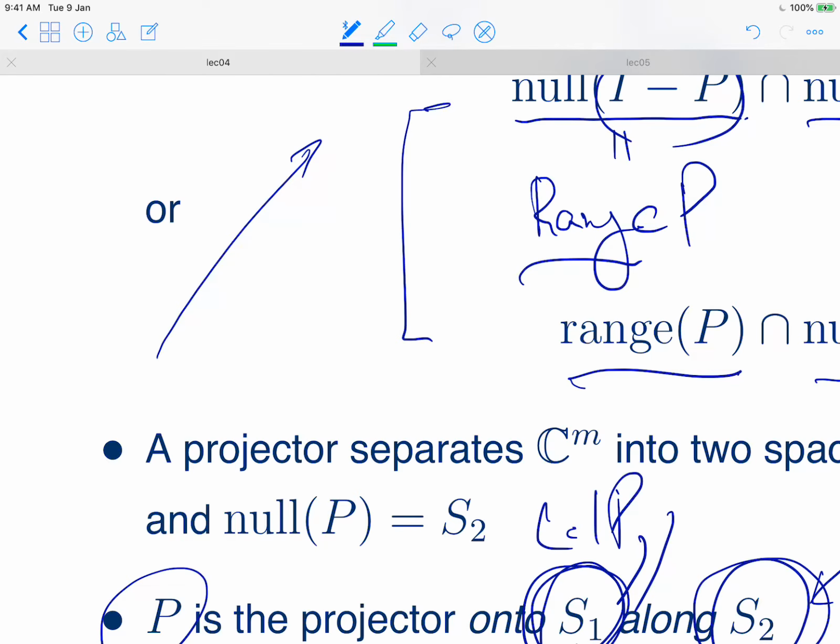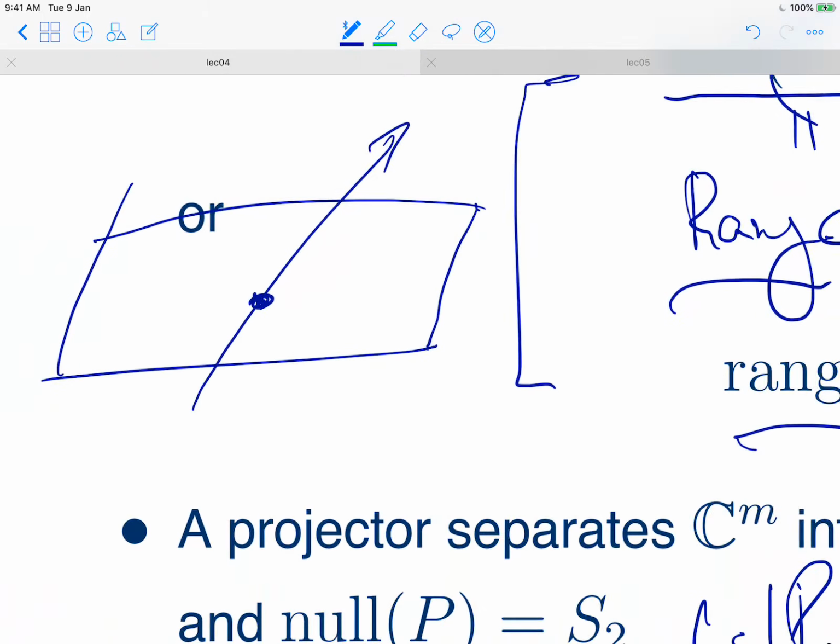So we have a single line and an origin, and I'm not sure if we can draw it properly, but